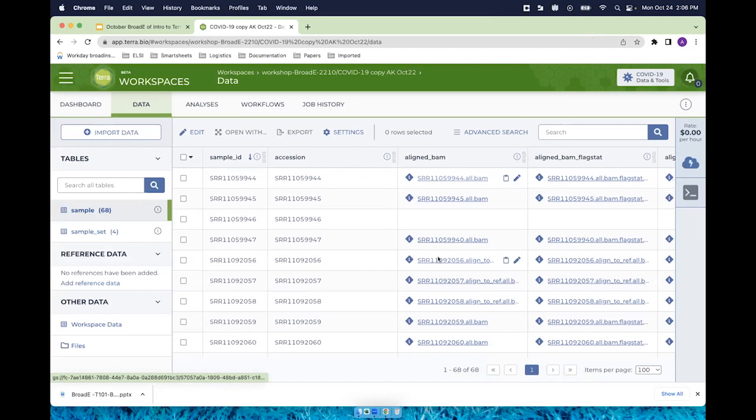But this is a critical aspect of Terra, that it allows you to organize large genomic files in the form of metadata by creating these links that point to those data. So the data is primarily organized into these tables. This particular workspace holds information for viral isolates that underwent whole genome sequencing, as someone pointed out. So if we click on the sample table,